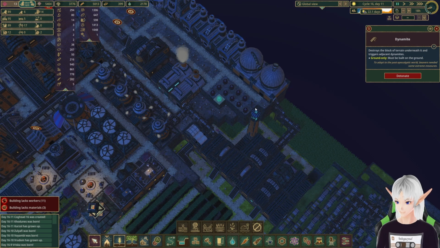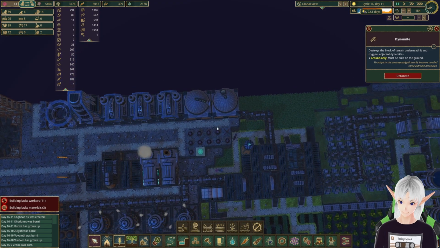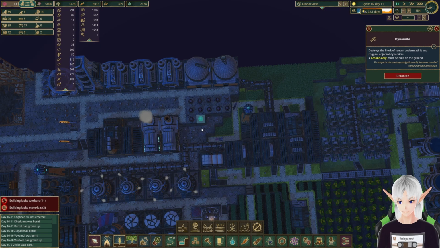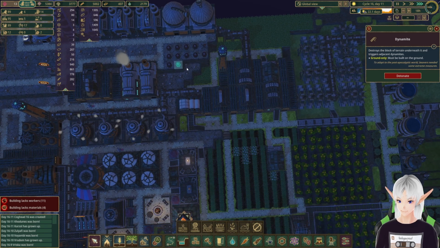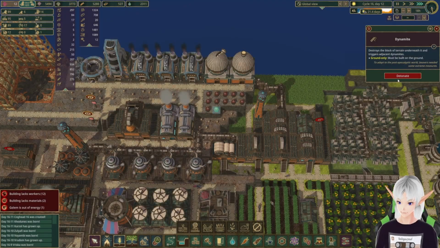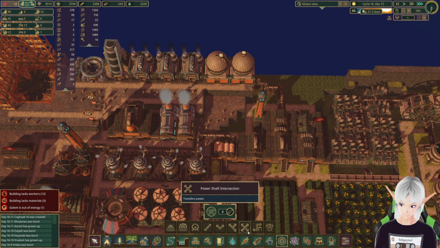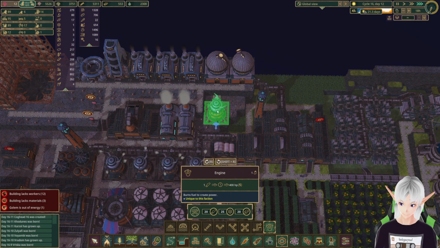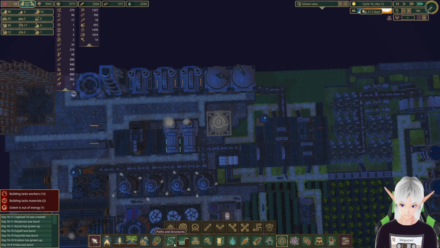1, 2, 3. No, that won't work. But I could go... No, I can't do it that way. Okay, well, I might put a couple more engines up here, and we'll see how that turns out. Not 100% sure, but you never know. Let's take this out. There we go. And we will do power, engine, maybe one right here. And can I get one if I put in...